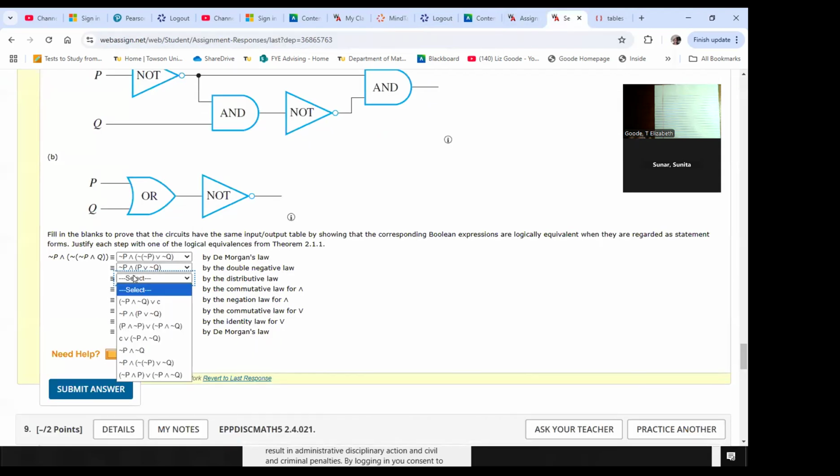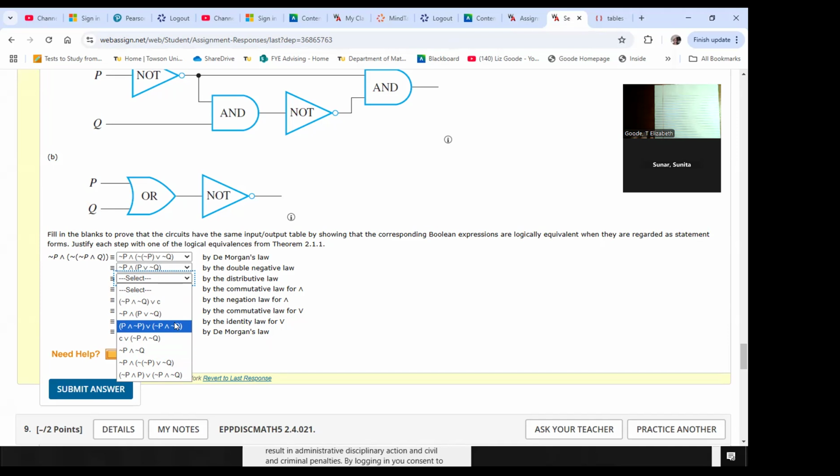So when you look at these different choices, you want to select the one that is using the distributive law where the and distributes across the or. P and not P, or not P and not Q. I don't think, or not P and not Q. All right, that's actually